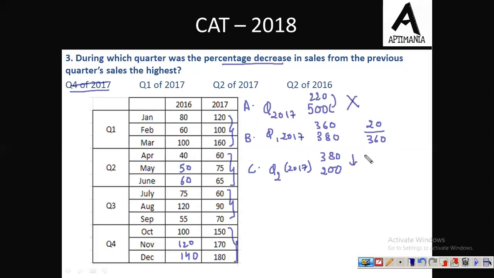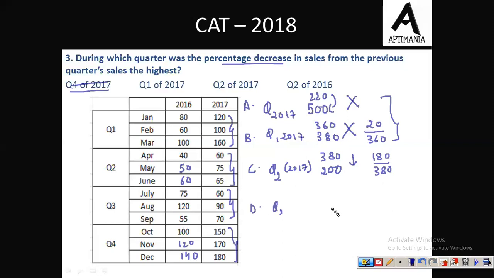So इसमें कितने का decrement हुआ है? इसमें decrement हुआ है 180 का over 200. Oh sorry, over 380. The base value was 380. Fine. अच्छा, ये वाला केस भी we can eliminate because इसमें भी increment है. From 360 to 380 there is an increment of 20 over 360 sorry. So these two options we have already eliminated. In option C we have a decrement of 180 over 380, and let us check for option D as well,